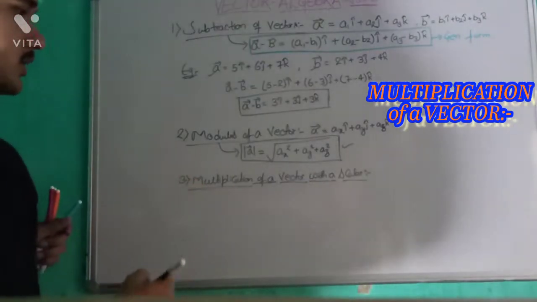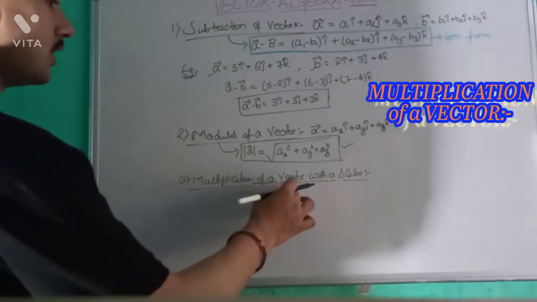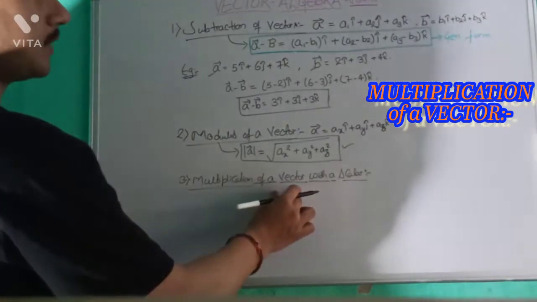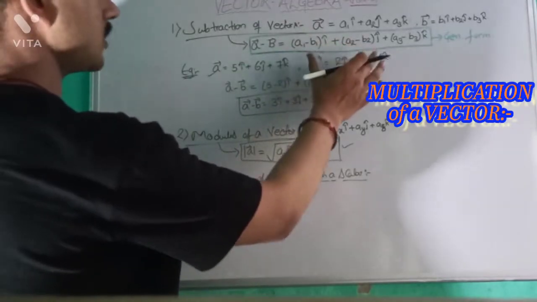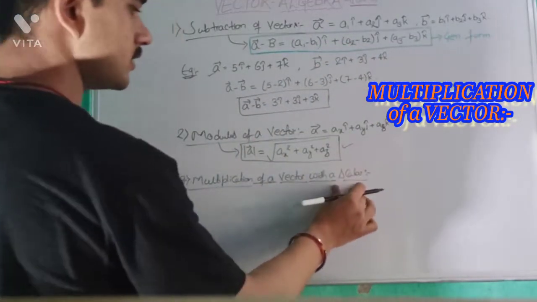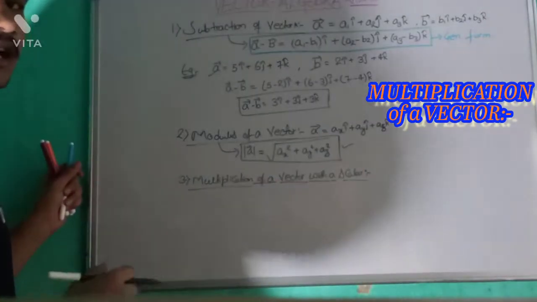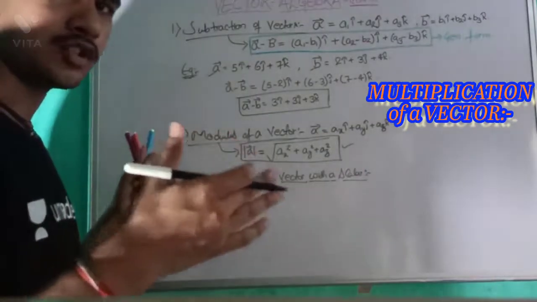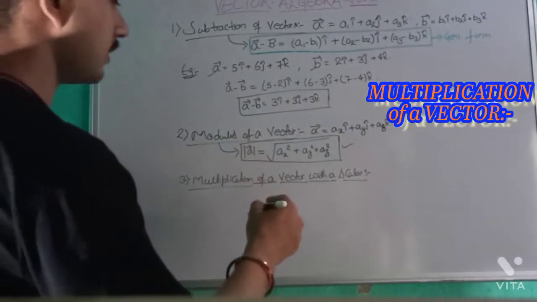Now starting the first procedure of it. For this we need to have a vector in example, or for trying to find out the general format also. We need to have a vector, and then we need to have the other one, that is scalar. One scalar should be there and one vector should be there, and then the product of it will be found out.